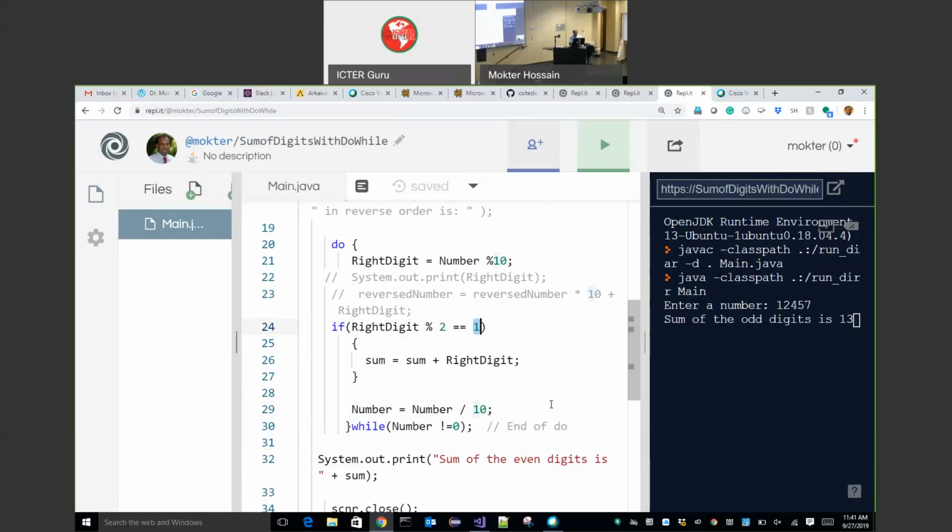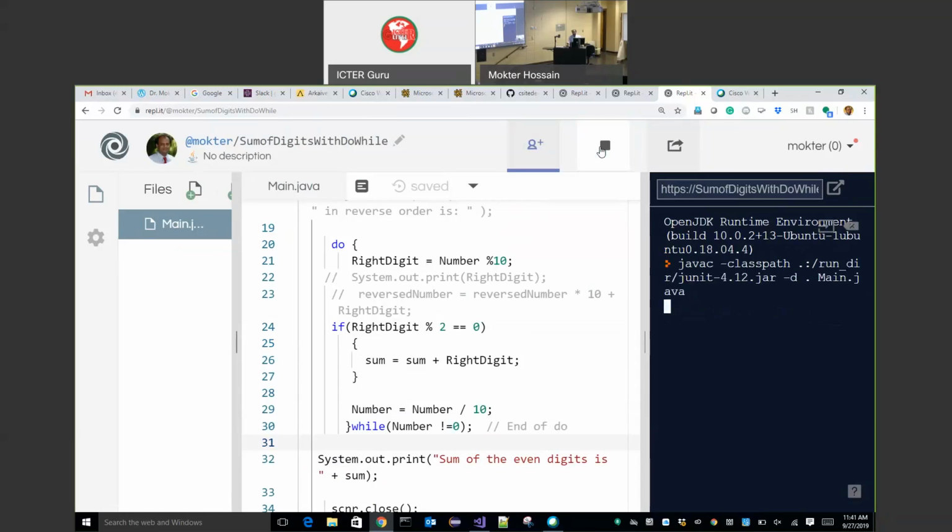In order to make it even, I need to put either not equal to 1, which means 0, or equal to 0. Then it gives the sum of even digits. So if I put 1, 2, 4, 5, 7, what should be my result? 2 plus 4, 6, right? 6.